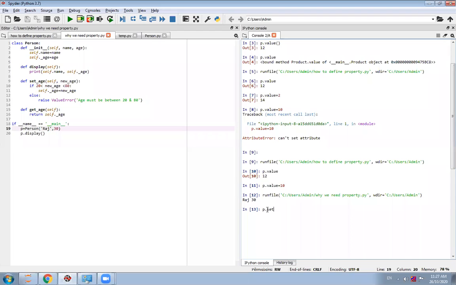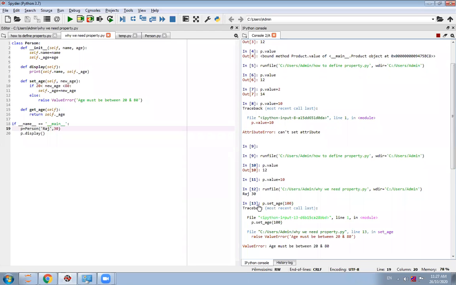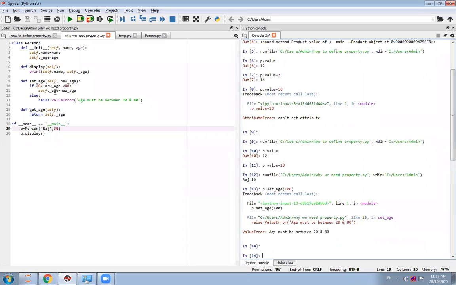I am calling this set age method to set the age, and I want to set the age 100. So obviously I will get the error because here I have put a condition. Well, actually we are discussing this program to understand what is the use of property.